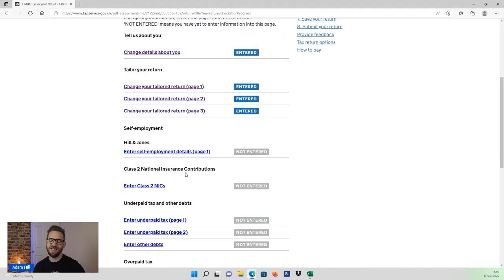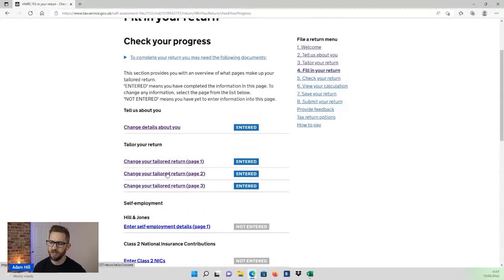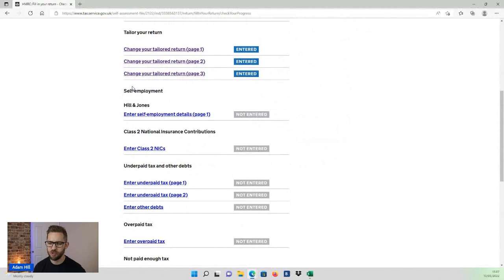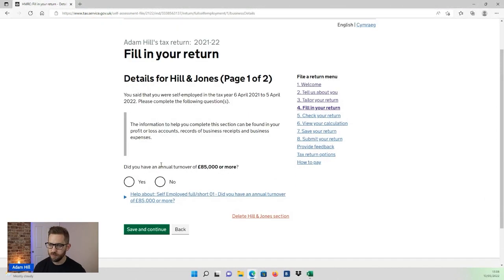So now I've tailored my return. I've answered the 3 pages of yes, no answer questions. And now I'm actually going to fill out the return. So you can skip straight to your self-employment. So mine is here. And then this is where we'll need to provide details of our income and our expenses